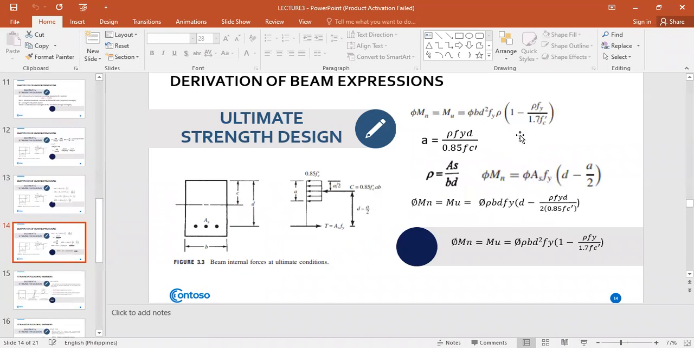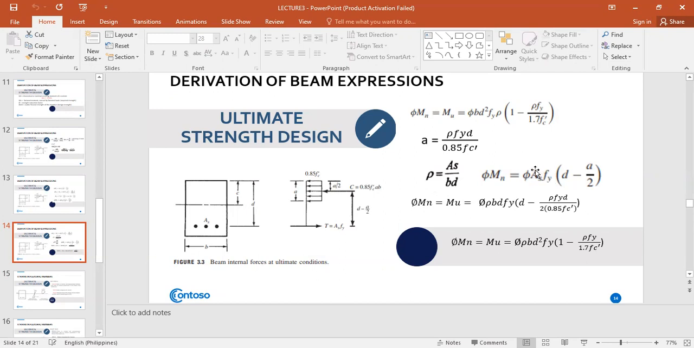So, how do we get this formula? This phi times M sub n equals Mu equals phi bd squared fy rho times 1 minus rho fy all over 1.7 fc prime. We have known this equation for a, right? We have derived that one earlier. A is equivalent to rho fyd all over 0.85 fc prime, where your rho here is equivalent to As all over bd. And then we have this equation also, phi M sub n is equivalent to phi ASFY times d minus a over 2. So let's start with phi M sub n equals M sub u,